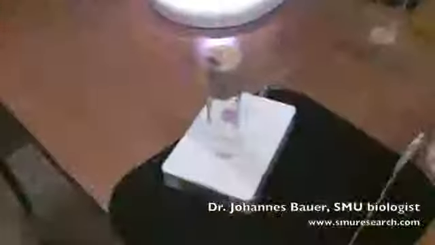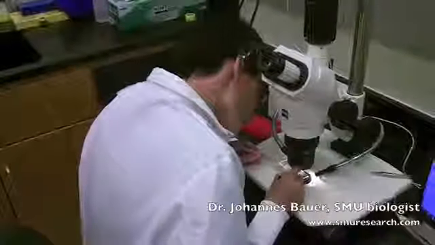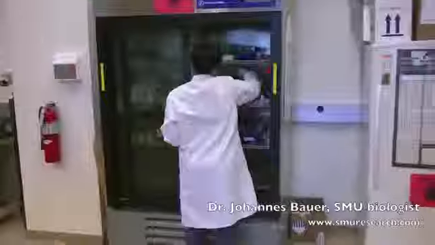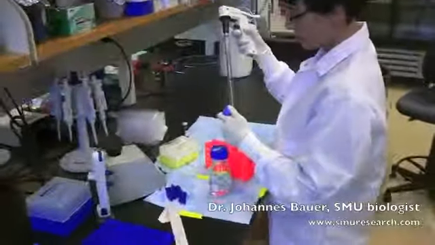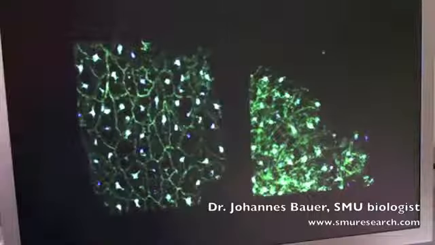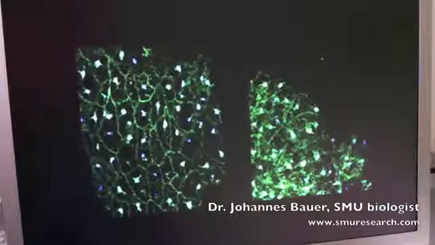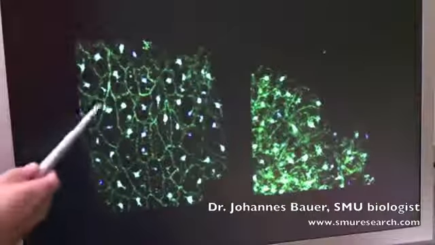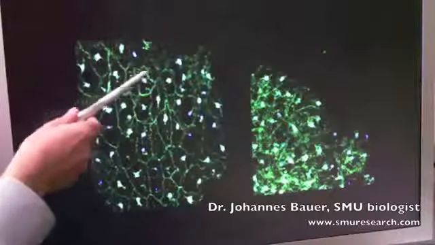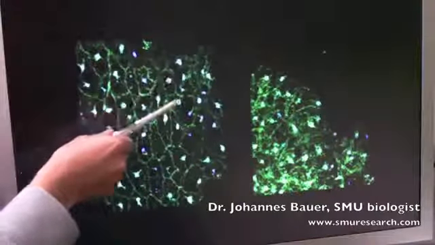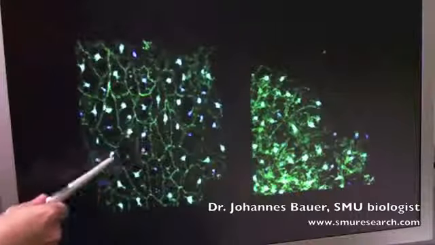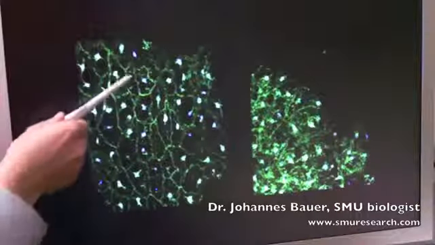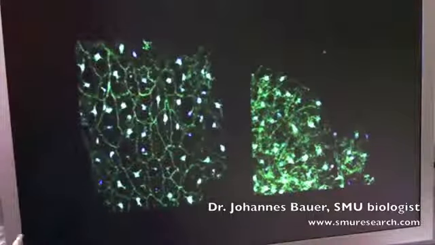After dissecting the fat cells out from the adult fly, we stain them and now look at them under a fluorescent microscope. And then we see images like this. We have an assay that will let us determine the strength of insulin signaling. So here you see adult fat cells of a fly stained with a blue dye that stains DNA, and therefore this depicts the nuclei, and a green dye, which is our reporter dye for insulin signaling activity.